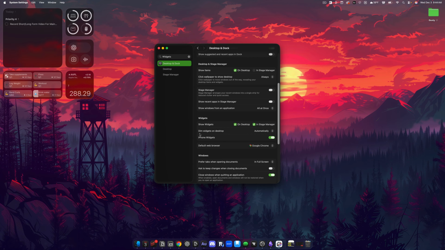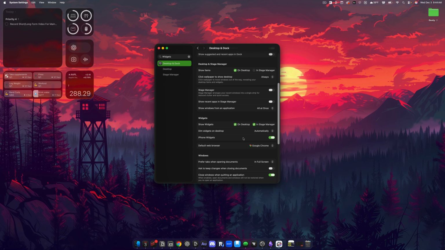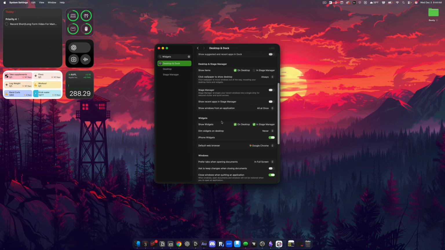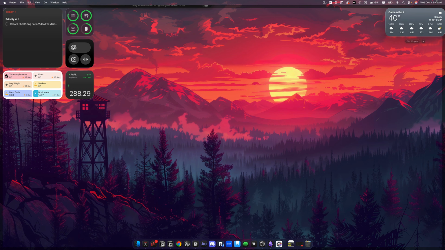So you can see where it says Dim widgets on desktop, it says automatically. You can choose this to be never, and it's never going to dim the widgets. They're going to look in full color here. But if you want to, you can change that to automatic, which is what I like, and it kind of gives them a more transparent view. And you can customize all of your widgets and what they do on your desktop right here under Desktop and Dock. Once you've done that, it is as simple as clicking on this little date in the upper right-hand corner,